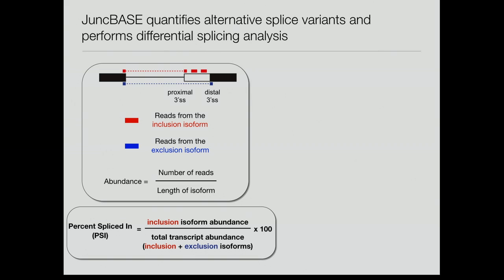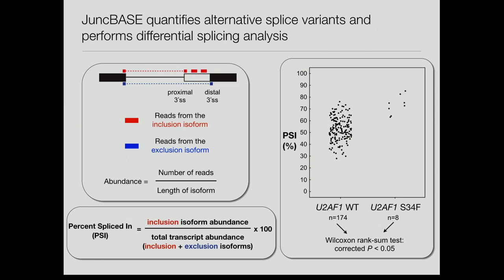What's represented in red are RNA-seq reads that would support inclusion of that isoform. And in blue, I'm showing a representation of reads that would support skipping. And so JuncBase will identify these reads and assign the reads to either the inclusion or exclusion isoform. From those reads, it calculates an abundance of each of the two different isoforms. And then from that, it can calculate a percent spliced in, which is essentially the proportion of the inclusion isoform that's expressed relative to the total abundance. And so for this one PSI value, we can